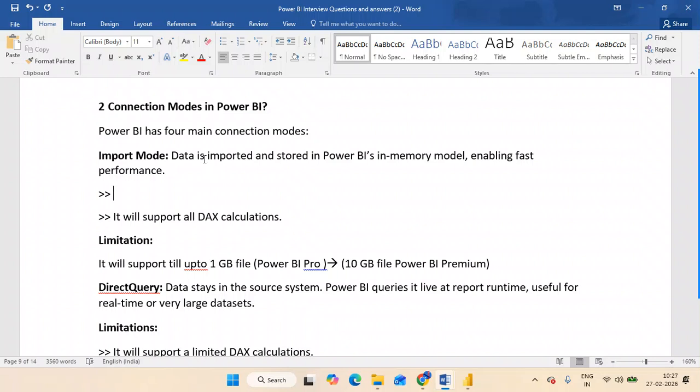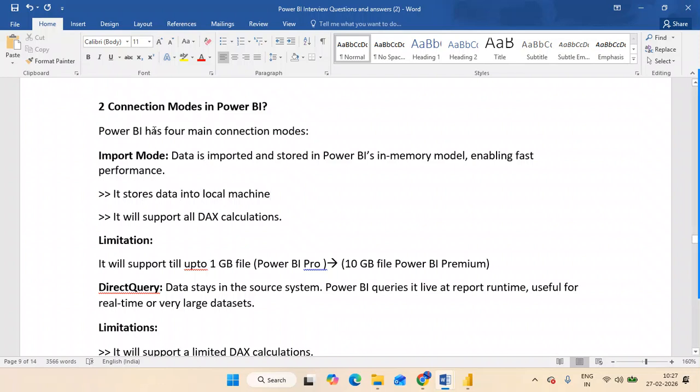So what is import mode? It stores data into the local machine, in our local machine, in our desktop.